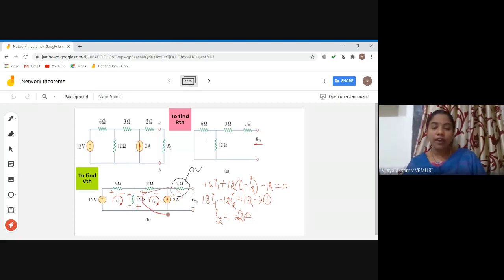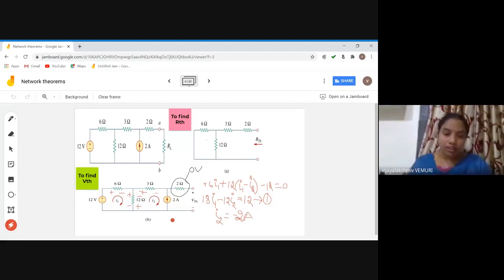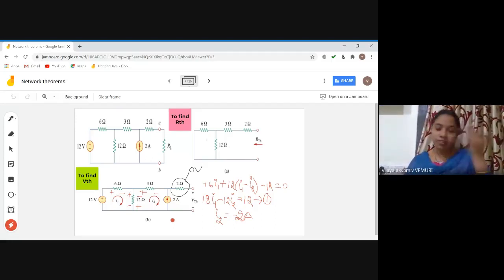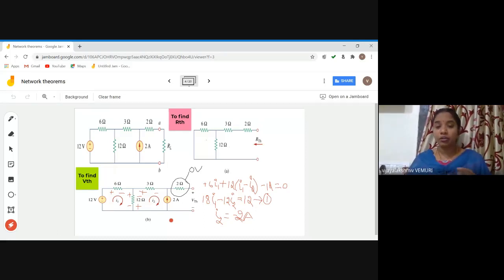You just observe how I have started from the first unit, how we are going step by step and applying it to the theorems. We have seen the mesh method for independent voltage sources, and if we have a current source only in one particular mesh, independently. And we have also seen if you have a current source in between two loops. We have seen so many methods. That is why for understanding theorems, the knowledge of mesh analysis as well as nodal analysis is very important.